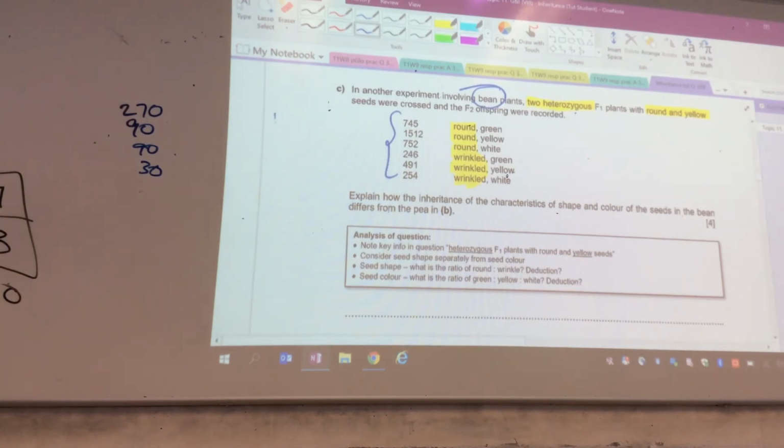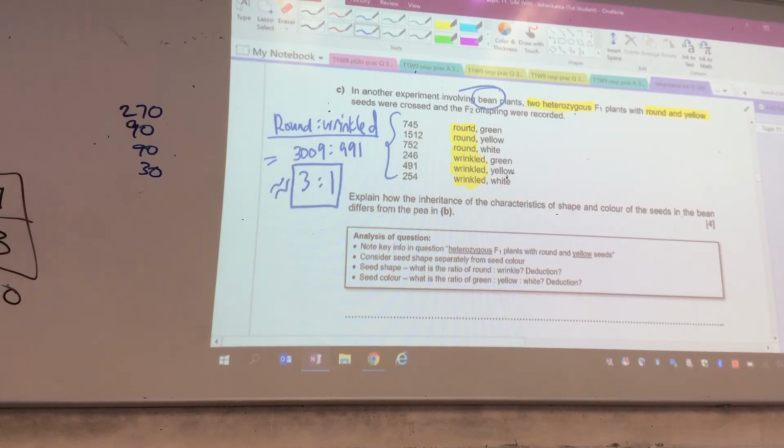For round to wrinkled, can you do a calculation? What is the ratio? 3 to 1. It is about 3009 to 991, which is 3 to 1. So how do you get a 3 to 1 ratio? It has to be a cross between two heterozygote parents. Now the next one, you look at the gene locus for